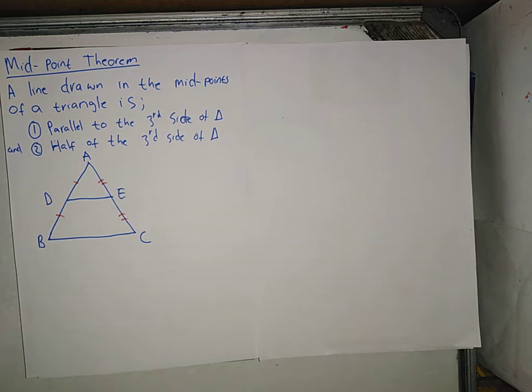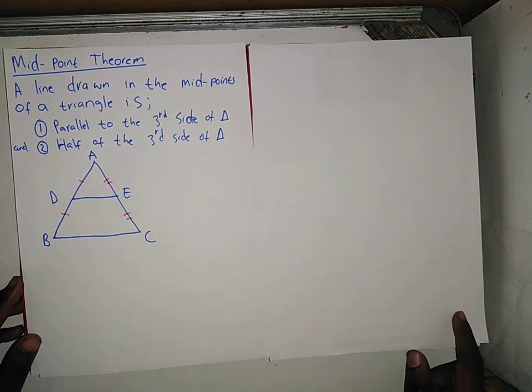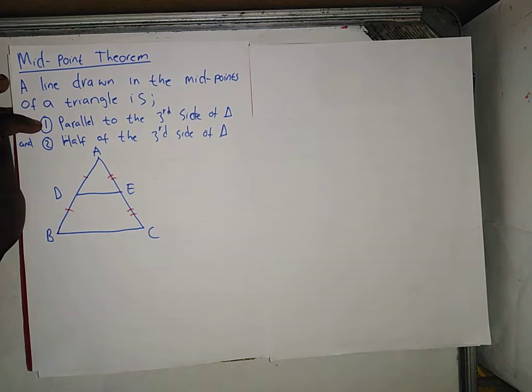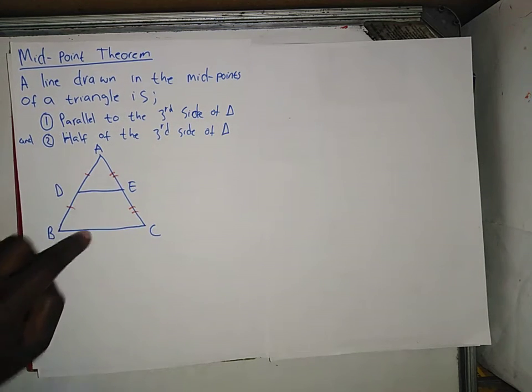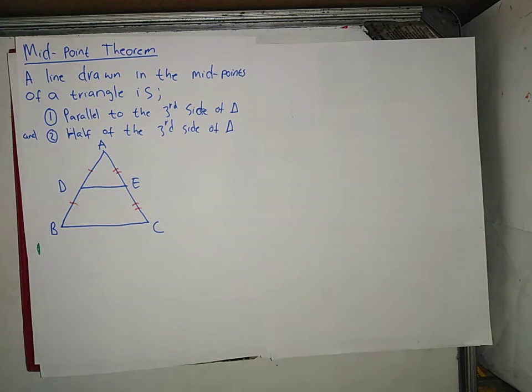Never ever make a mistake in geometry of trying to prove something that you do not know. What is it that you are trying to prove? You cannot start a car and then start traveling if you do not know where you are supposed to go. So basically, now let's conceptualize number one. They say that this line is parallel to this line, so that means you want to prove, so it's RTP,